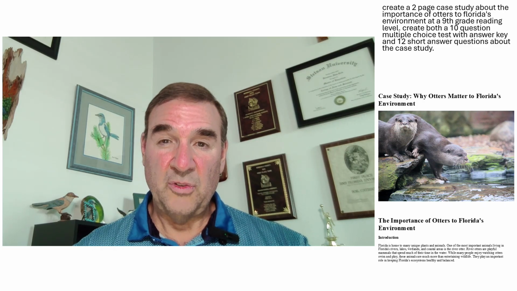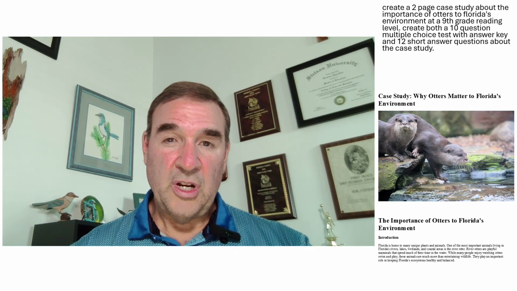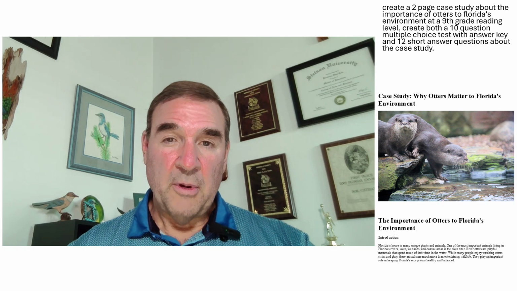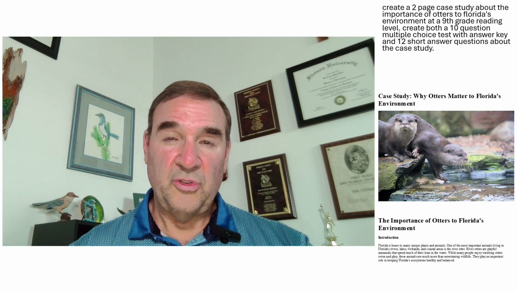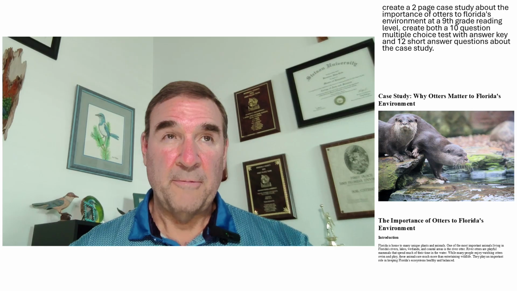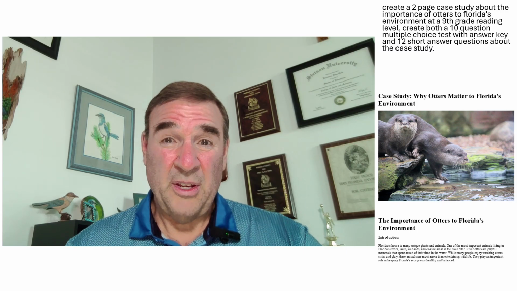Now, the next thing I'm going to do is take the 2-page case study that AI has generated and put it into a Word document. I'm going to go to Shutterstock and find a picture of otters. I've got a subscription there. I'm going to paste it into the top of the case study so students can see what otters or redfish look like. And then I'm going to save it as a PDF. And now I have a case study that is relevant to what interests the students, hitting whatever standards I wanted to hit. And it's taken me all of about 5 minutes.